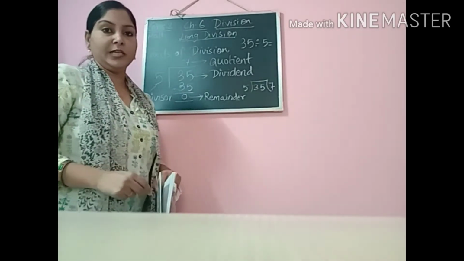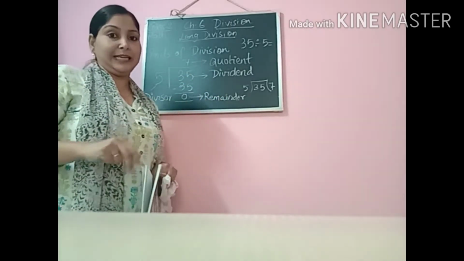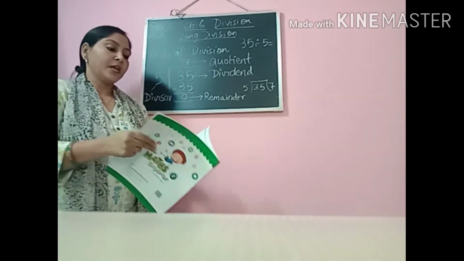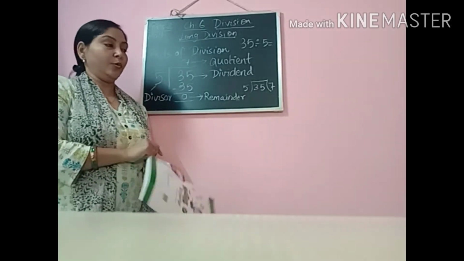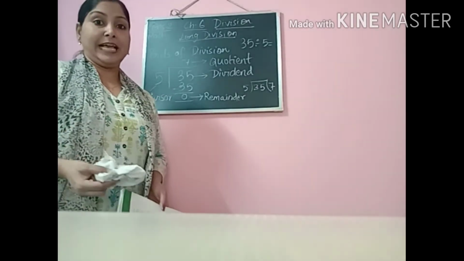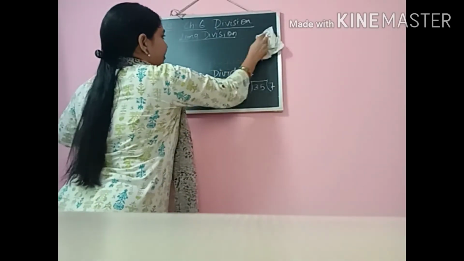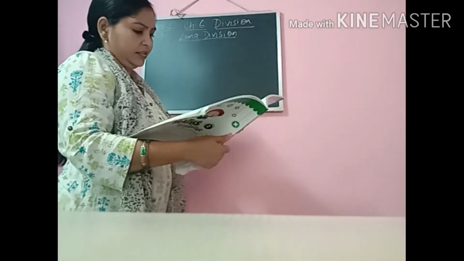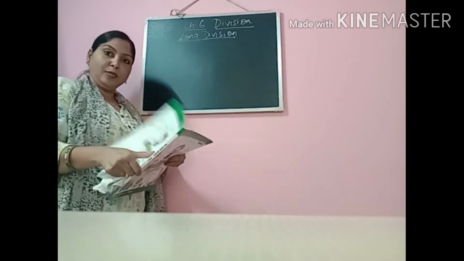Now you will write this down in your maths copy, the CW copy. You will copy this example in your copy. Now we are going to do the further sums. Let us take a few more examples. There are a few questions given on page number 94. Divide and write the divisor, dividend and quotient.